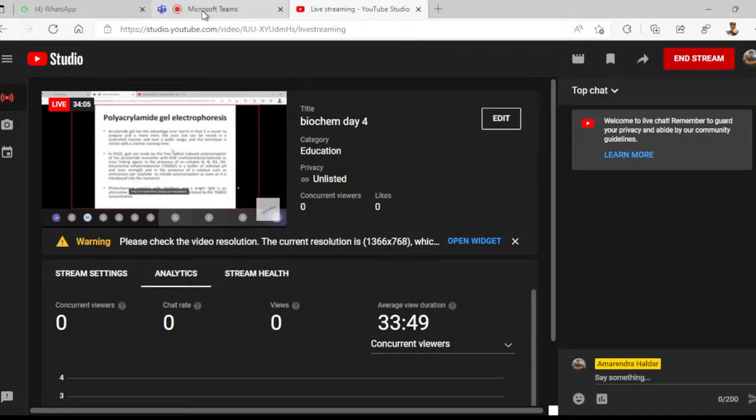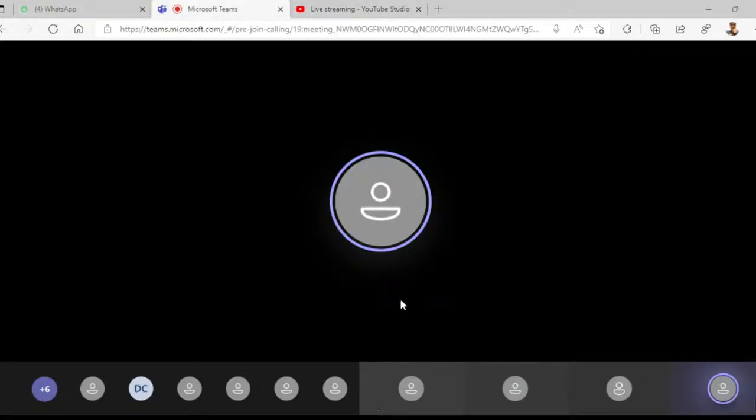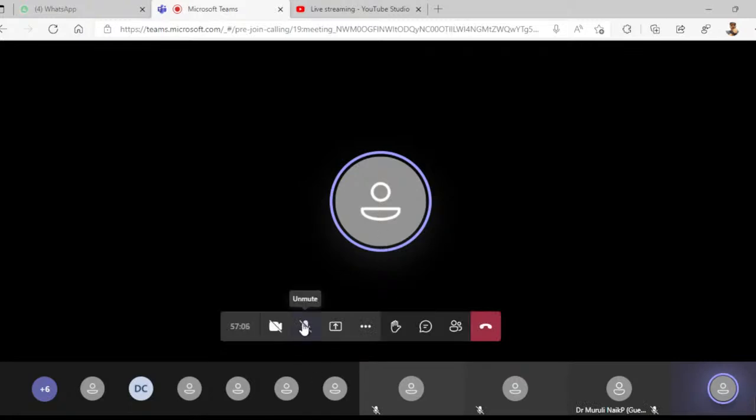Okay, so now I'll just explain the two different techniques which can be carried out by using polyacrylamide gel. You can carry out native PAGE and